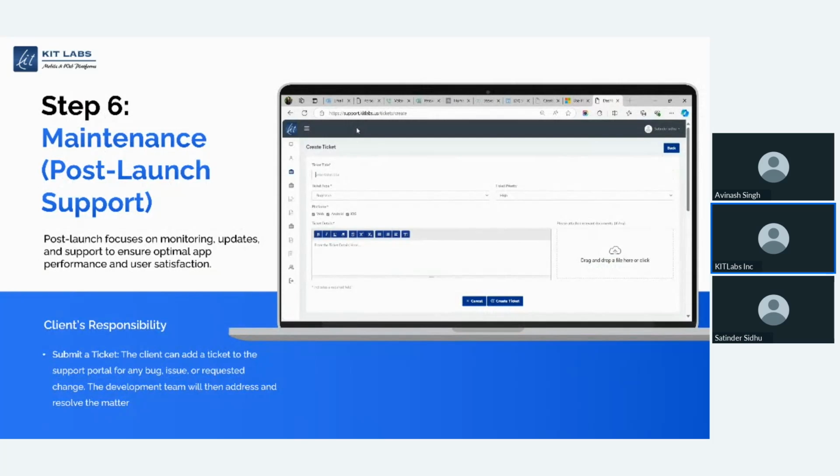And this is the last step: maintenance and post-launch support. We have clients who already have built their apps with us and have launched them on the Google Play Store and Apple Store. But after some time, you need maintenance for your app, because Apple is updating the versions, and updates happen continuously.